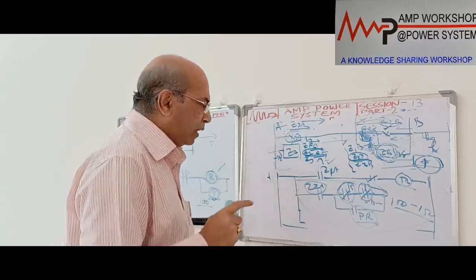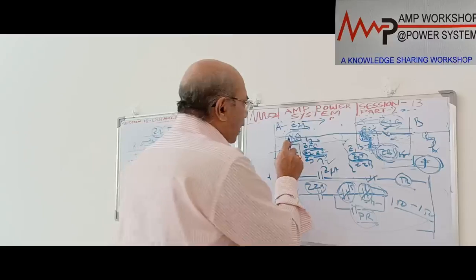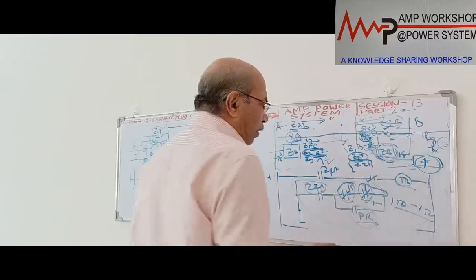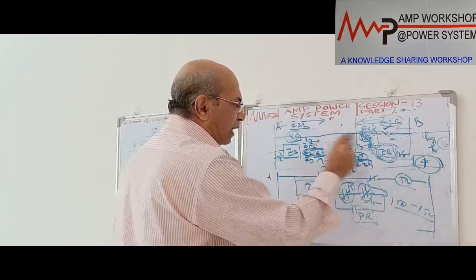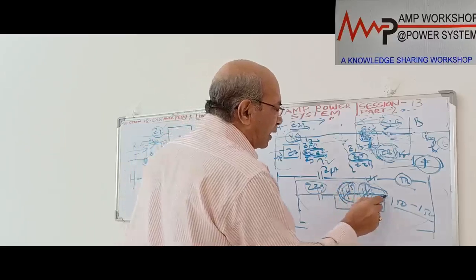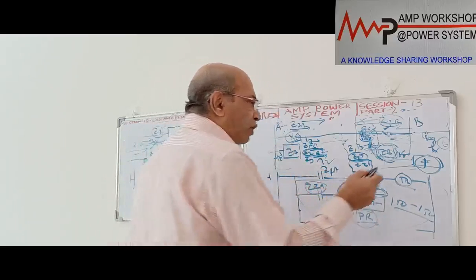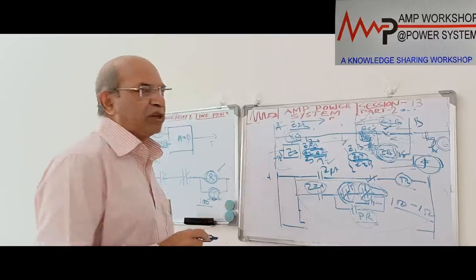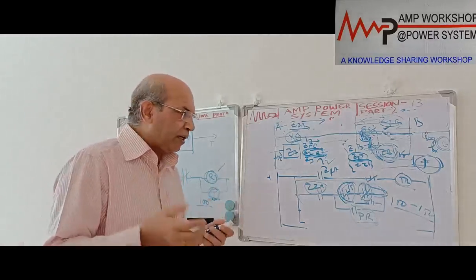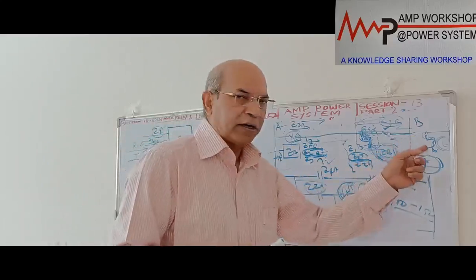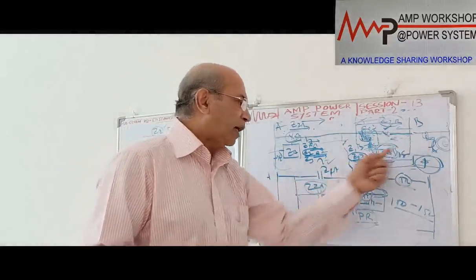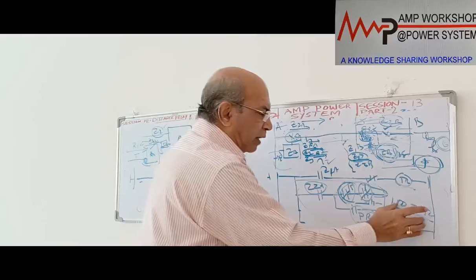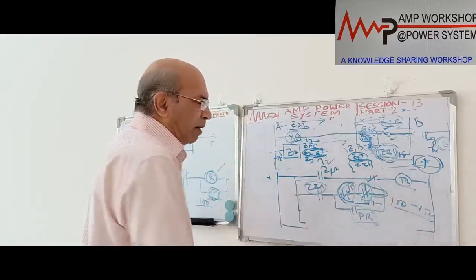But in this case, one of the same things is there. When Z2A is operated, the fault can be on the outside. In the case of an outside fault, if the channel failed, within this 150 milliseconds it can trip. So there is a chance that within this 150 milliseconds, if there is an outside fault, this can be tripped. When both the signals are absent, at that time if there is an outside fault, it can also trip. For an inside fault, it can also trip. This is one of the risks, but that is only for 100 to 150 milliseconds, the time interval given by the time setting.